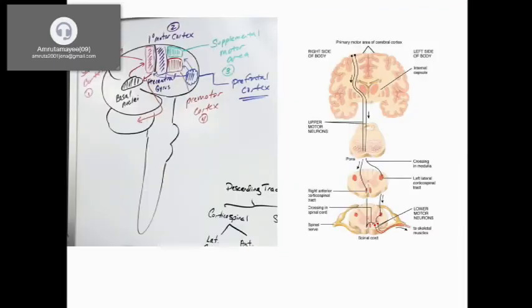Again, on the left side you can see in this diagram how the integration of different centers or nuclei takes place. The planning of the action comes into the prefrontal cortex, and it affects the motor cortex. The information is gathered from the somatosensory cortex. It will be well executed, or the plan will be made, with the help of the basal ganglia.